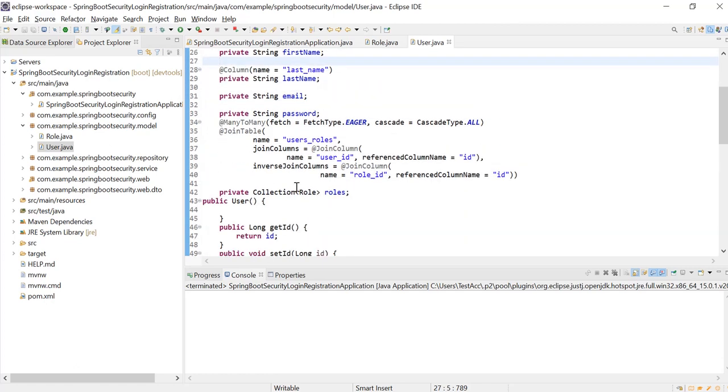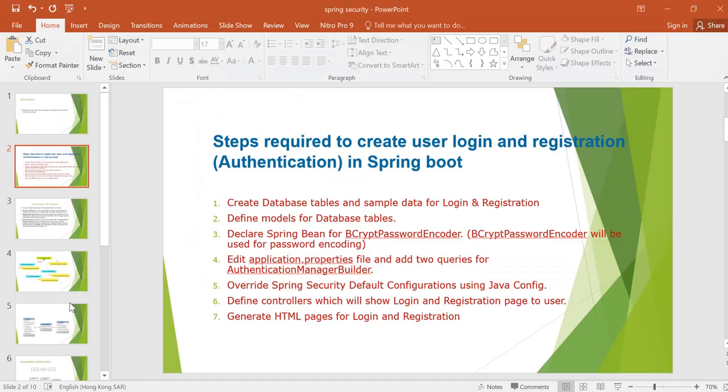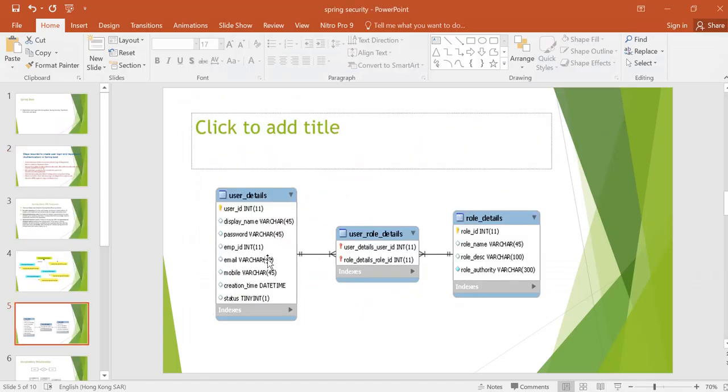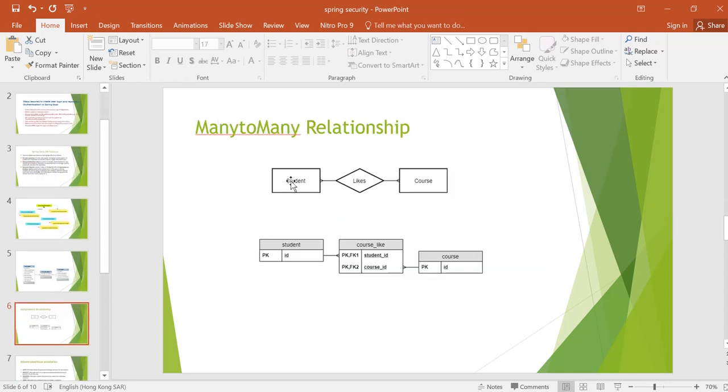Here I'm going to do a many to many relationship. You can see here many to many. For example, many students like many courses. In this many to many relationship, the student has a primary key and the course has a primary key, and they both share a common foreign key.